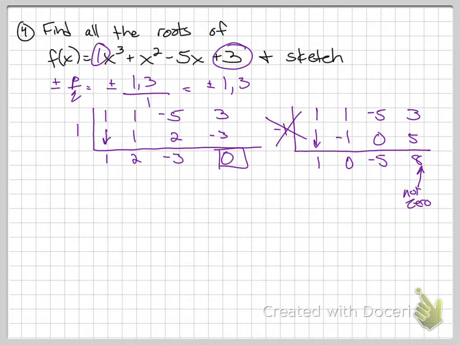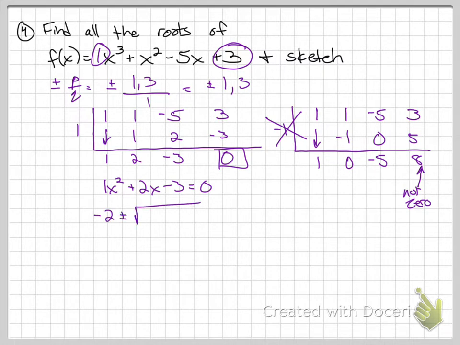But since we did get 0, let's go back. It was cubed, so this is 1x squared plus 2x minus 3. Now we need to find out when that equals 0. So just like before, factoring or quadratic formula. I forgot I said I was going to do quadratic formula on the last one, so I'll do that one on this one instead. So negative b